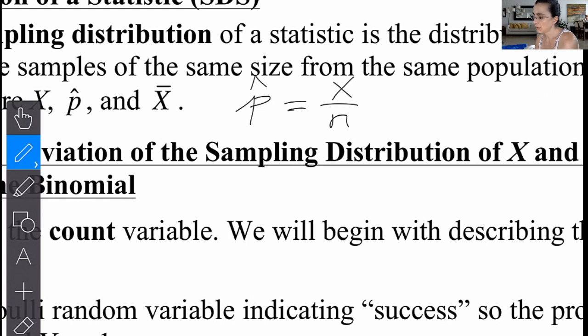And finally, the other statistic I'm going to be interested in is x bar. They're large because they're representing the variable. Okay? The individual values it takes on will be denoted by a small x. So this is the sample mean. The sample mean in one sample,